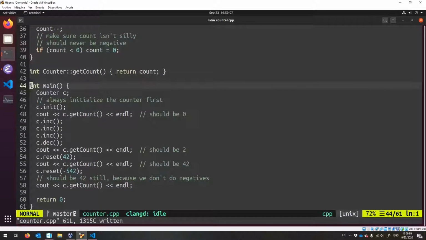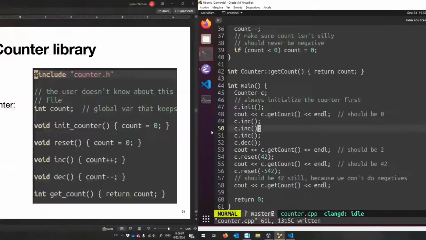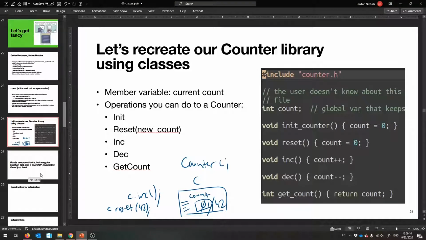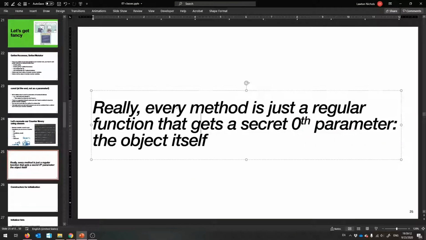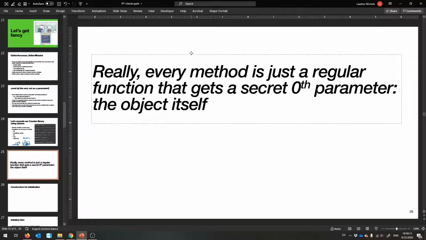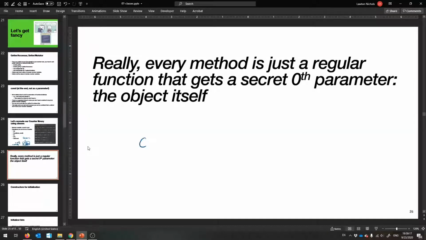So I hope that's making some sense. That's just a quick review of all this stuff. And before we move on, I just want to tell you a little secret. Every method, like when I say c.reset 42, it's really just a regular function. This reset method in quotes, we call it a method, but it's secretly just a function that gets a secret parameter, which is the object itself. So really deep down inside of C++, this gets translated, when it's compiled, to a function that looks like